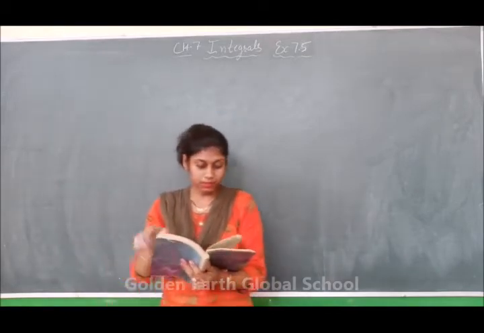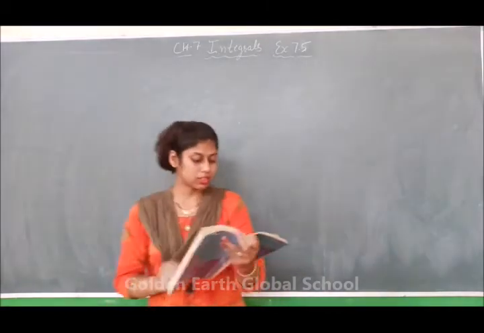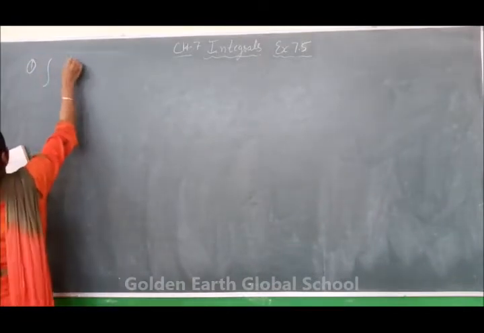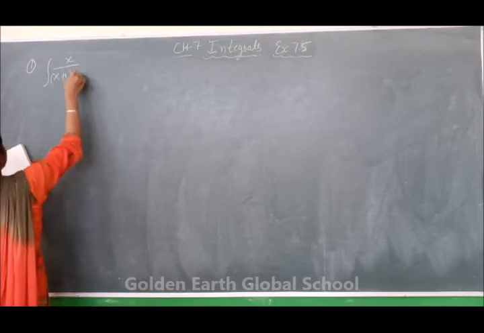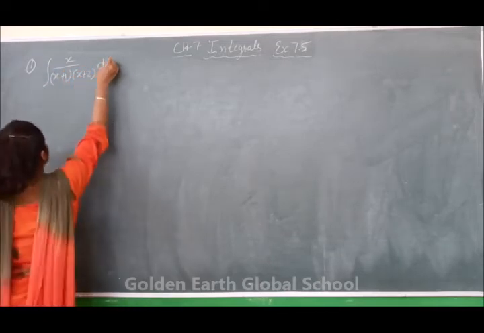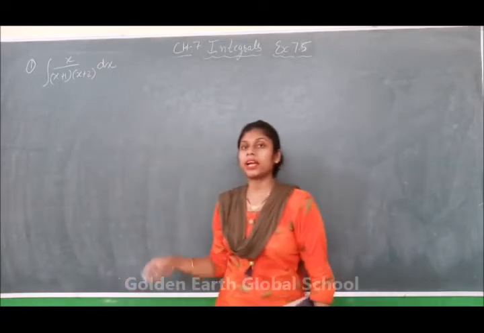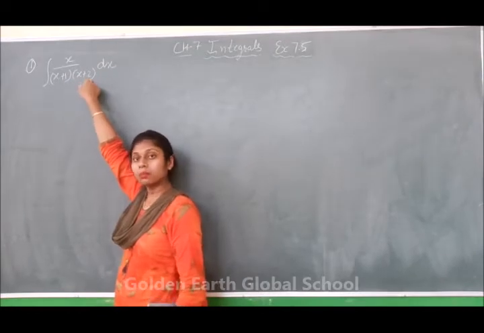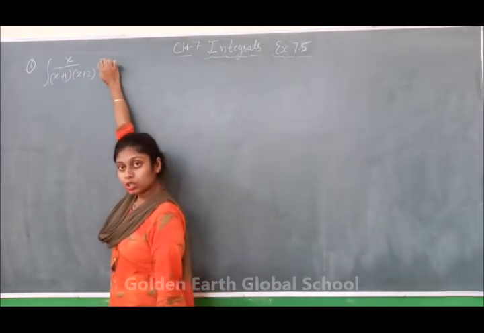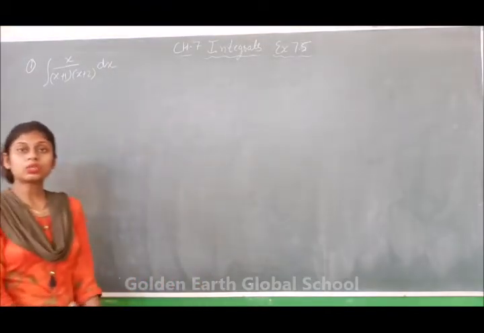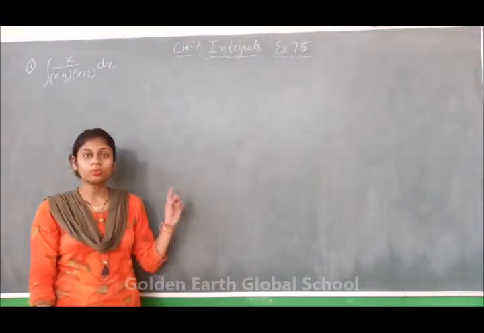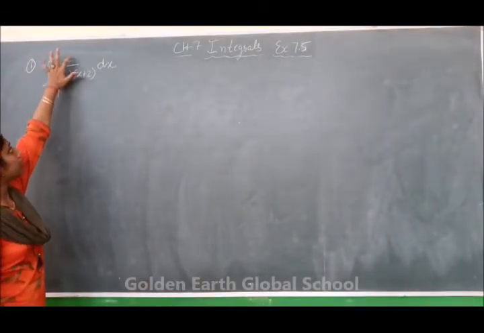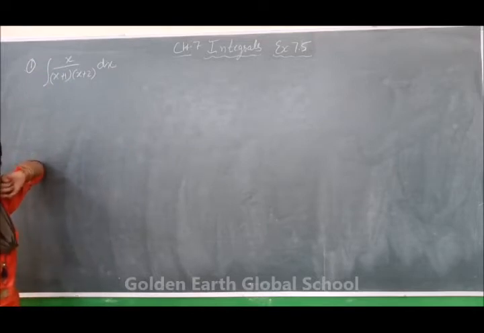Now come to the exercise on page number 322. We will discuss how you will have to apply the formula. First question, integration of x upon (x plus 1)(x plus 2). See, the partial fraction will apply to those questions in which there is a linear term or quadratic term, but the degree of numerator should be less than the denominator. In this question, degree of denominator is 2 because if you multiply it, it will become x square, but in numerator degree of x is 1. So we will apply partial fraction here.